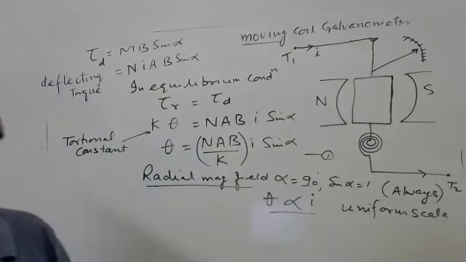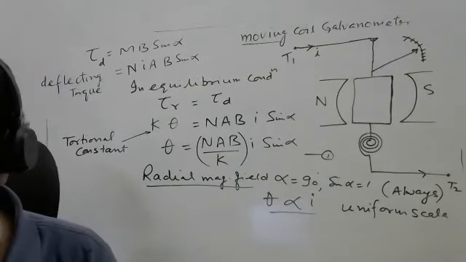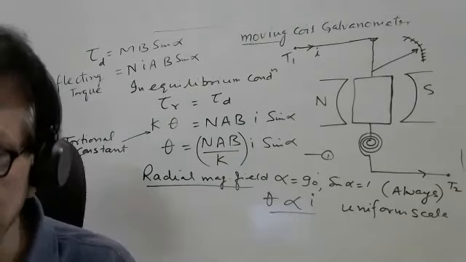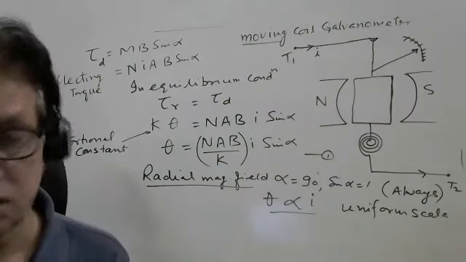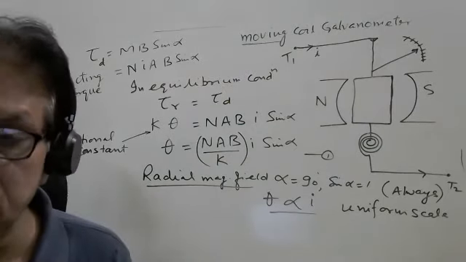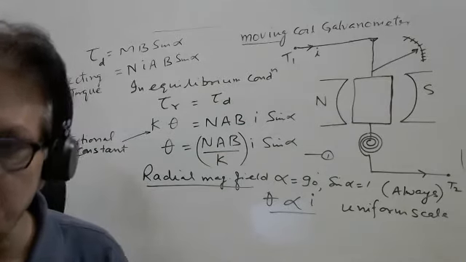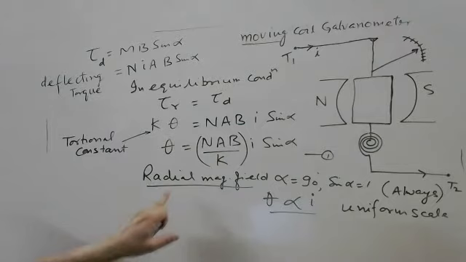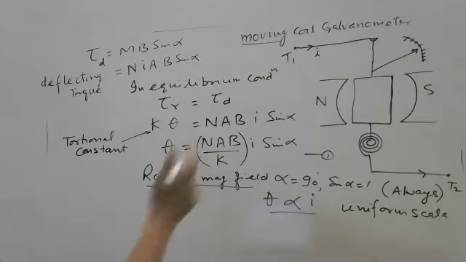But again, this question was valid. Despite rotation, alpha is 90 always and sin alpha is always one constant quantity. We can make it. This is called a special arrangement, called radial field. We can make it by